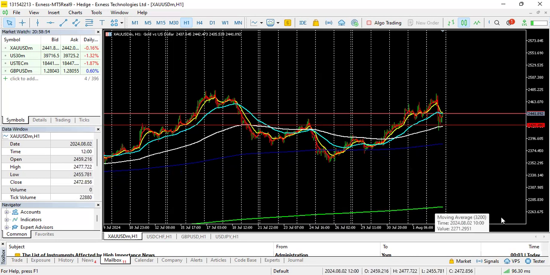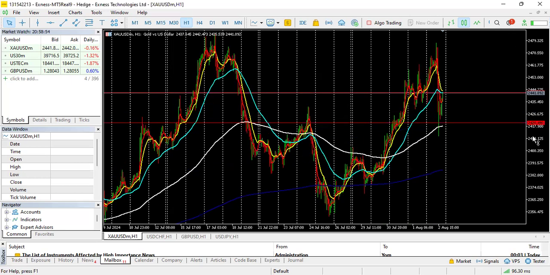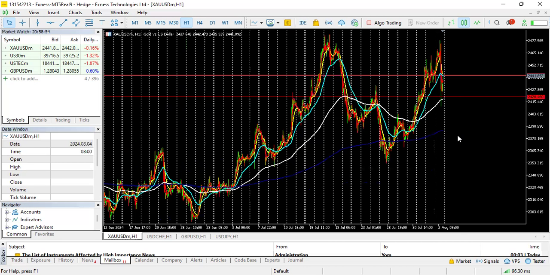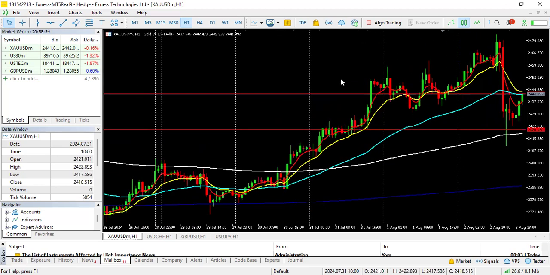So this is the 3200 unit, right? So this is very simple. Okay. Now, how do you apply this? How do you apply the EMA? Let me expand this. Okay. Now, if you are